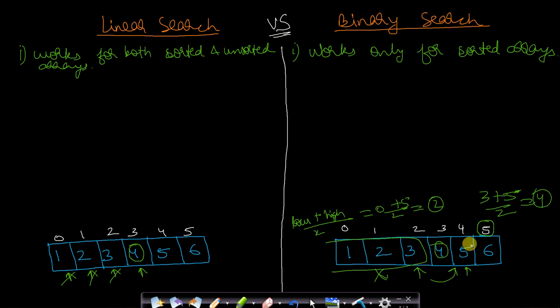At index 4 we will check whether this element 5 is equal to the element to be found, and we see that it is not equal, but it is greater than the element to be found. So therefore we will move to the left, discarding this entire array. Now we move to index 3, and since we have just a single element in this array, this 4 will be compared with the element to be found, and therefore our element will be found. This is how the binary search works.